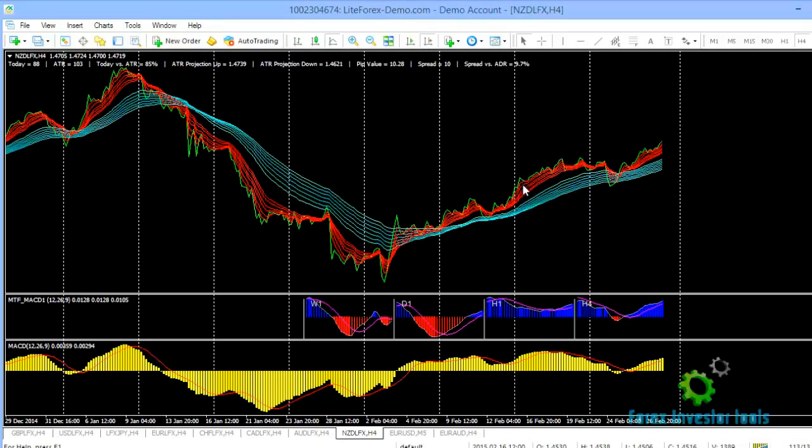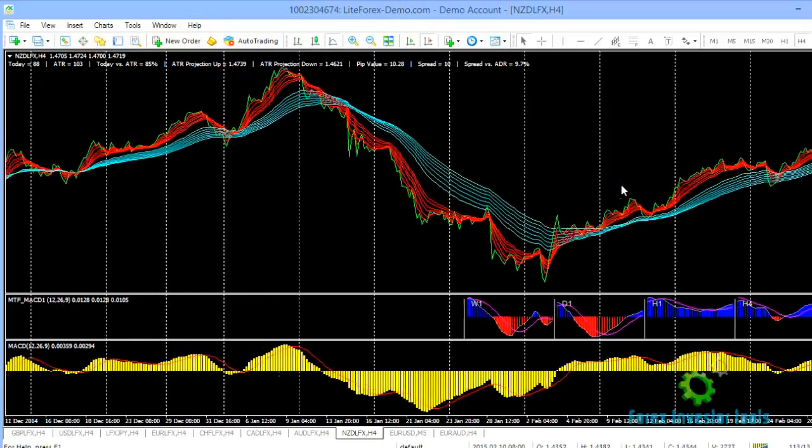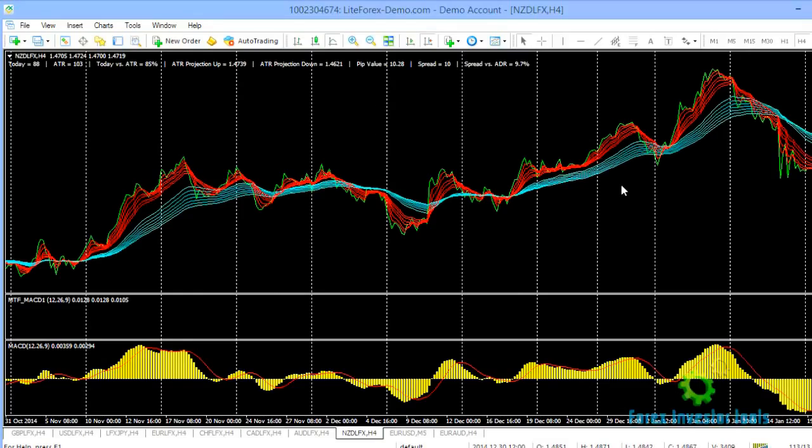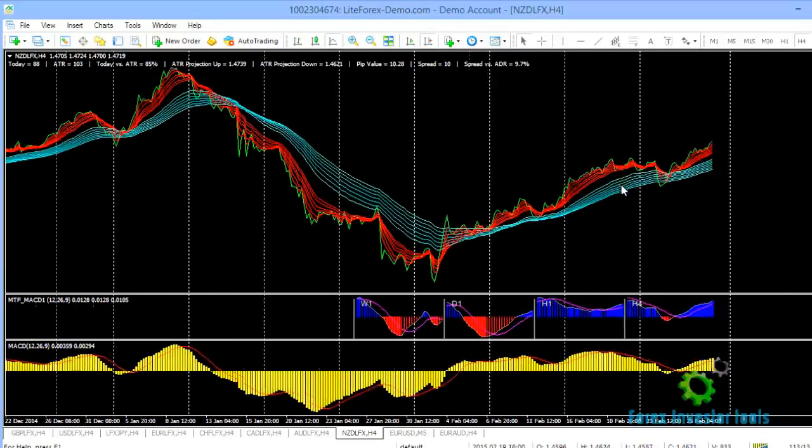So you have the 3, you have the 5, 8, and 12, and then you can use the 15. So you can use 3, 5, 8, 12, 15. Okay, these are your shorter moving averages, and then you can put your longer moving averages, which could be 30, 35. You can use 40, 45, 50, 55, and I even use a 60 here. Okay, so these are your shorter and the longer moving averages, and as you can rightly see, this gives you a more clear picture of what an individual currency, in this case the New Zealand dollar,